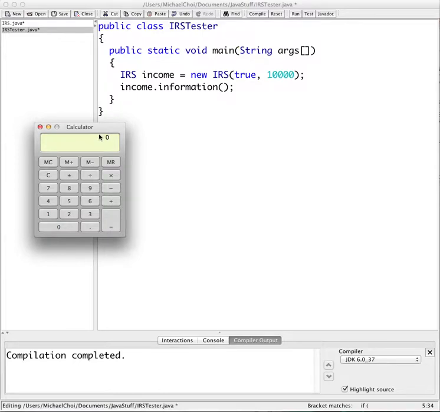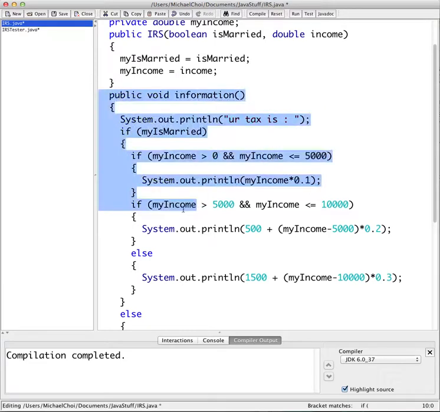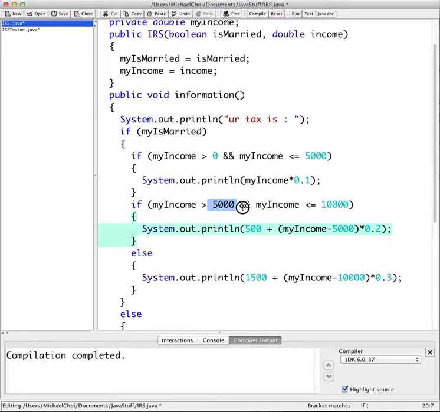In order to check this, it should say your tax is, okay, look, if we are married, yes, we are married. If our taxable income, 10,000, is greater than 0, but it's not less than 5,000, right? So it doesn't fall in this bracket. Does our income fall within $5,000 to $10,000? As a matter of fact, it does. So this is what we're going to tax it by: 500